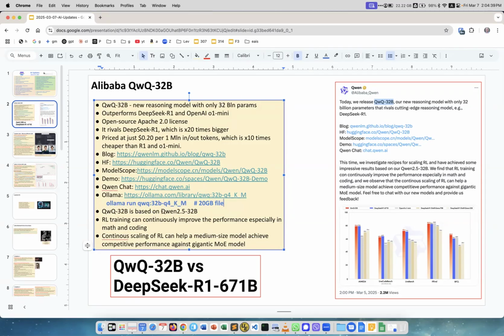It is based on the Qwen 2.5 32 billion parameter model. They just added reasoning on top of it. What they have shown by this approach is that reinforcement learning can continuously improve performance, especially in math and coding, and that continuous scaling of reinforcement learning can help a medium-sized model achieve competitive performance against a gigantic MoE model